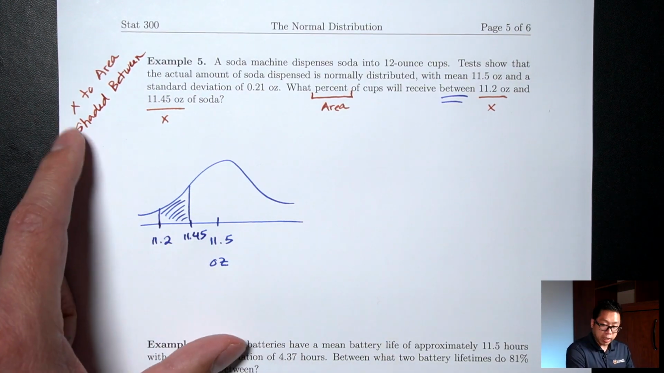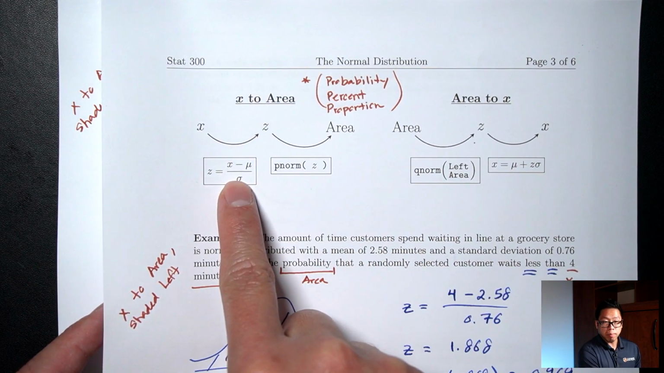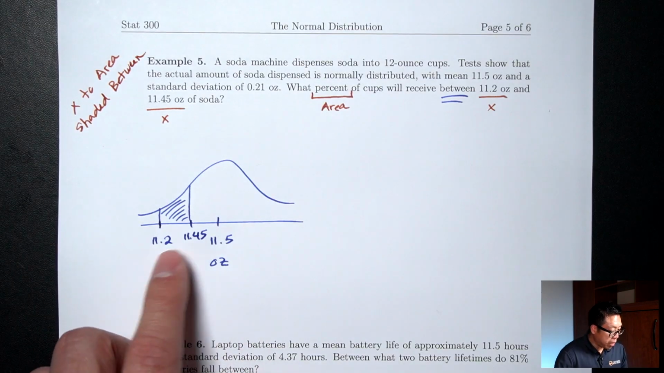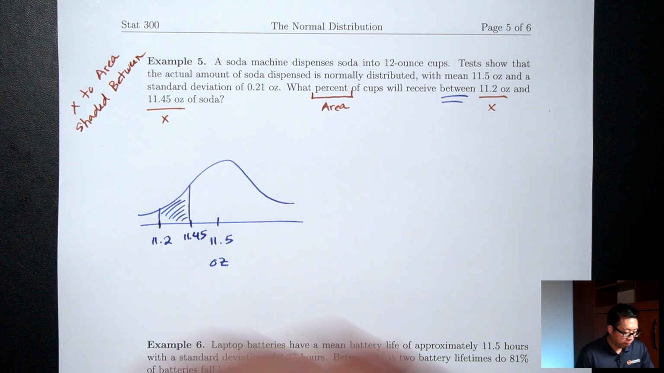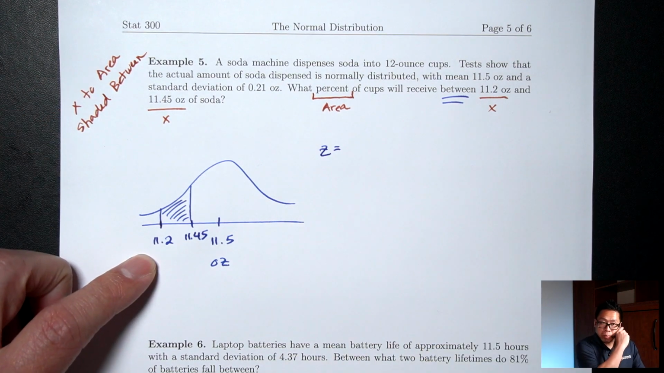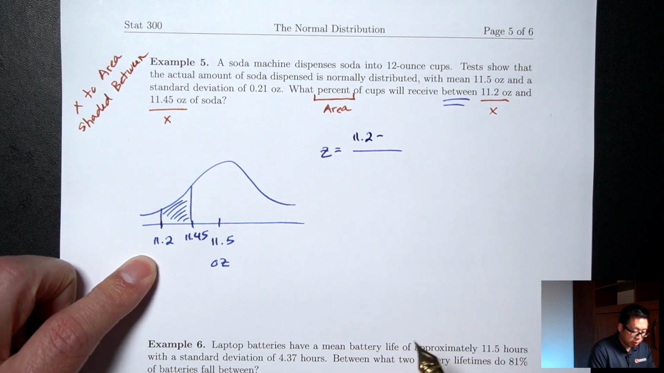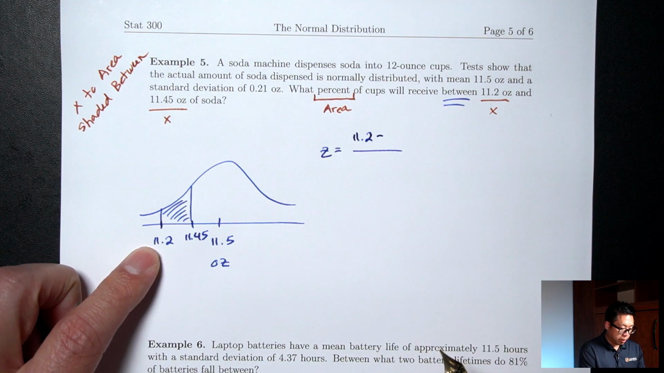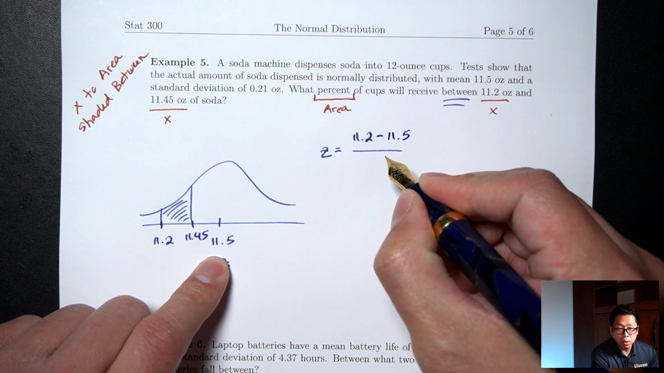Okay, x to area, first thing we should do is the z-score. I have two x's here, so I need to do two z-scores for both of them. Let me start with the 11.2. So it's going to be 11.2 minus the mean. The mean is the 11.5 over the standard deviation,